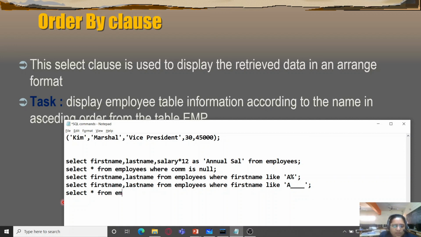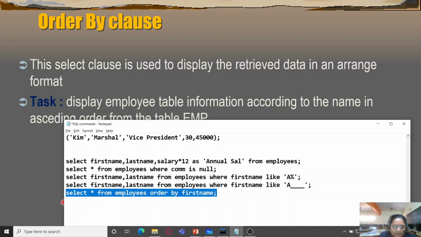So select asterisk from employees, order by the ascending order of name. So order by first name, and you can add the ASC keyword over here. Although ASC is the default setting, so you can just skip that and simply write first name. This would automatically mean that the names have to be displayed in the sorted order, in the alphabetical order.